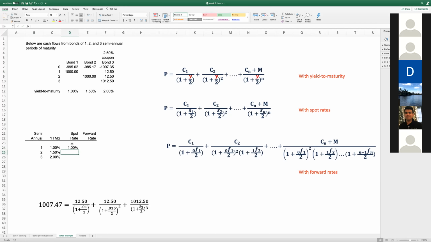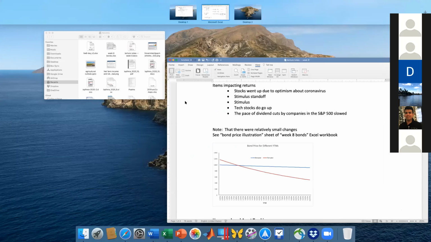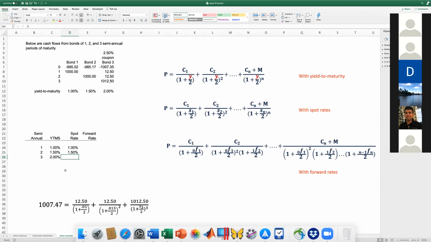For the second bond, it's also a zero coupon bond, so it will also equal the yield to maturity. And the third one is not a zero coupon bond, but you can use